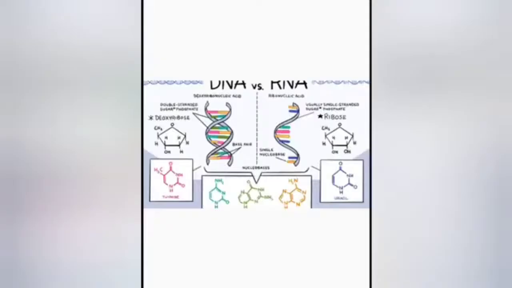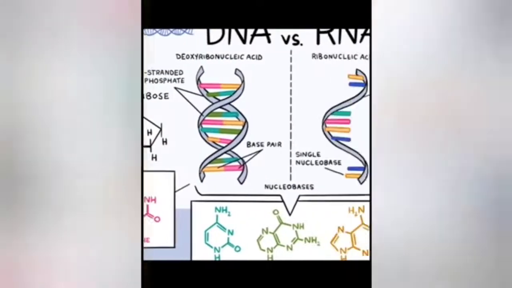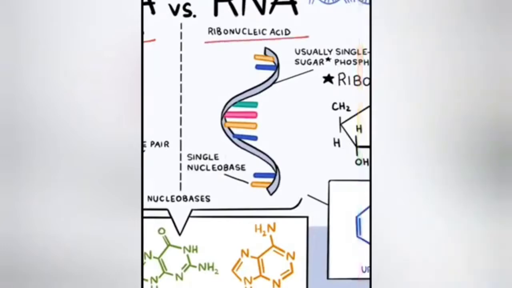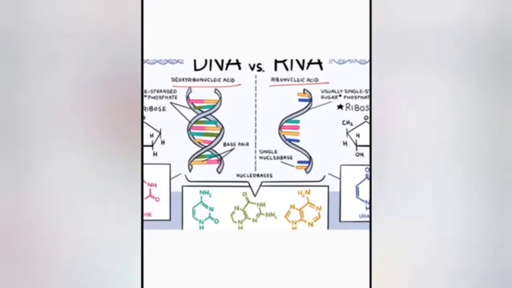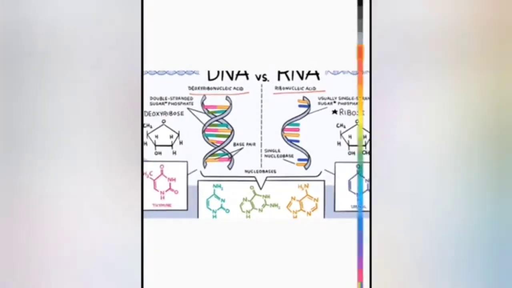Now let's talk about the different nucleic acids. The two different nucleic acids are deoxyribonucleic acid and ribonucleic acid. We have already discussed the different components of each of these. The difference between DNA and RNA is very important, and you have to learn that as well. You can learn that from your book. The main differences we will study here. There is a comparison diagram here, so it will be easier for you to understand.